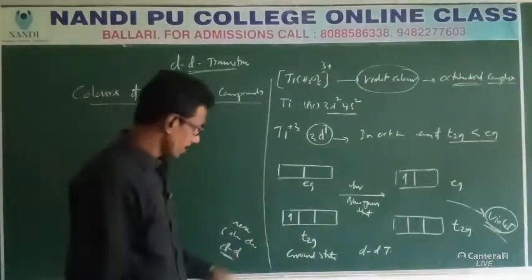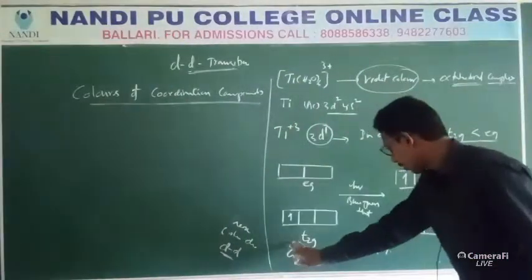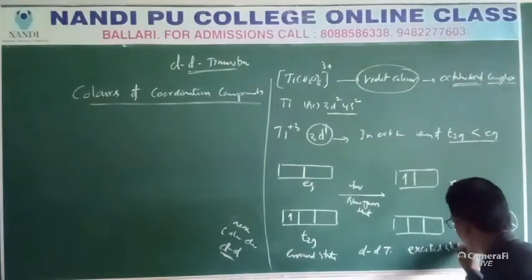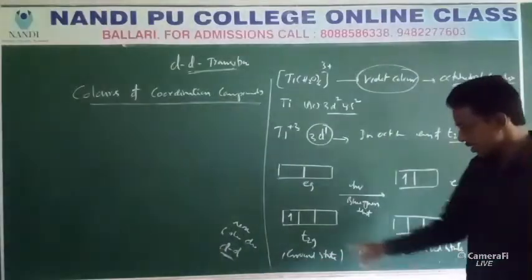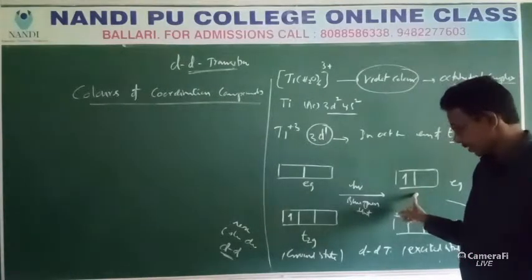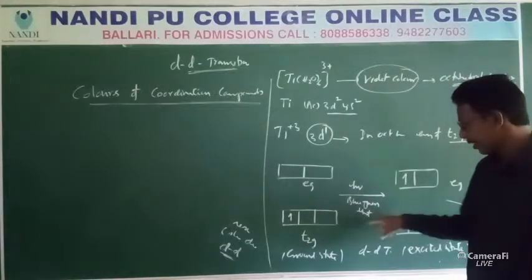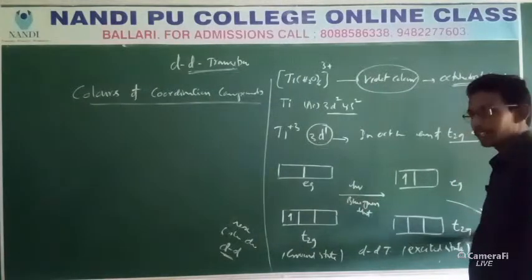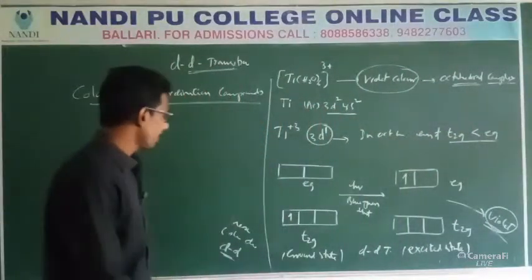After writing T2G1, easy. What about this one, children? Ground state. What about this one? Yes, excited state. This is the ground state, this is the excited state. Ground state, T2G; excited state, electron enters into EG. These two are complementary, children. Earlier we discussed blue-green light. Absorbed light is blue-green, emitted light is violet. So these two are complementary colors. And one more very important point,